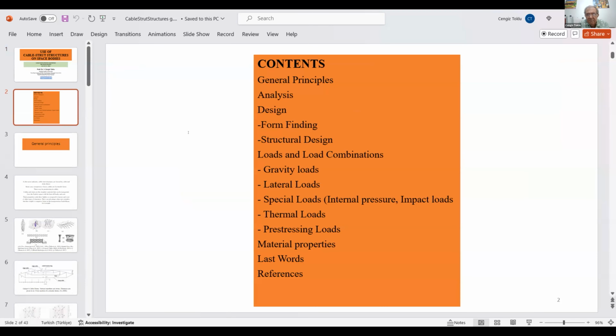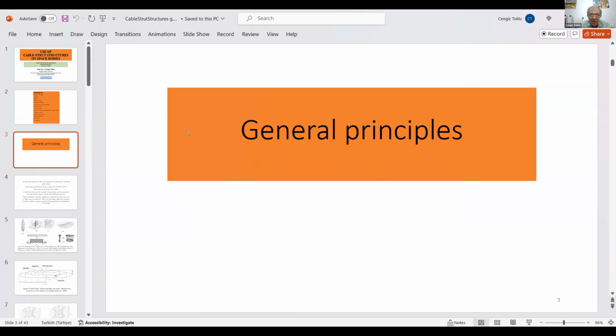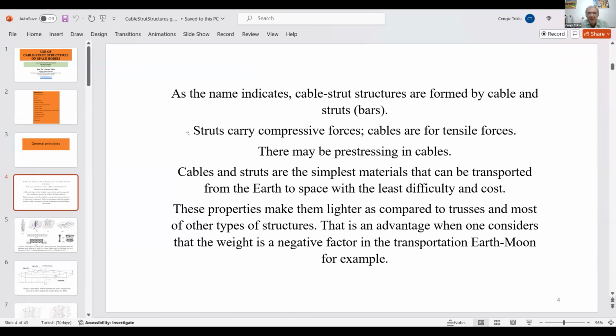I will talk about general principles, design and analysis of these structures, loads acting on these structures, material properties, and we will talk about these structures in general. Now, as the name indicates, cable-strut structures are formed by cables, struts, and